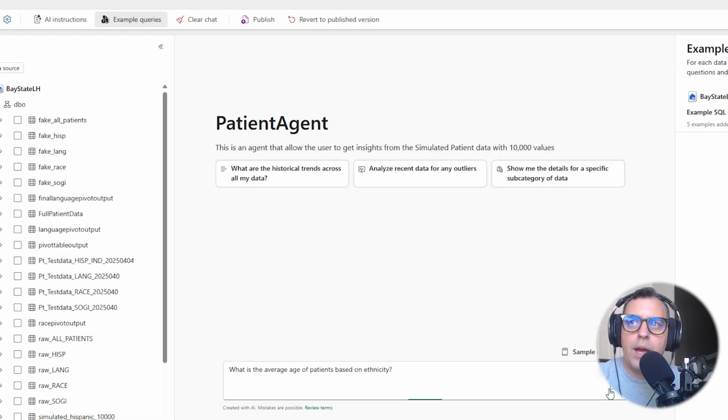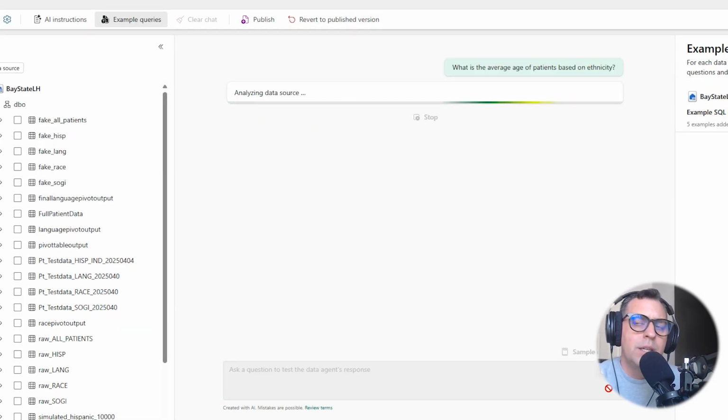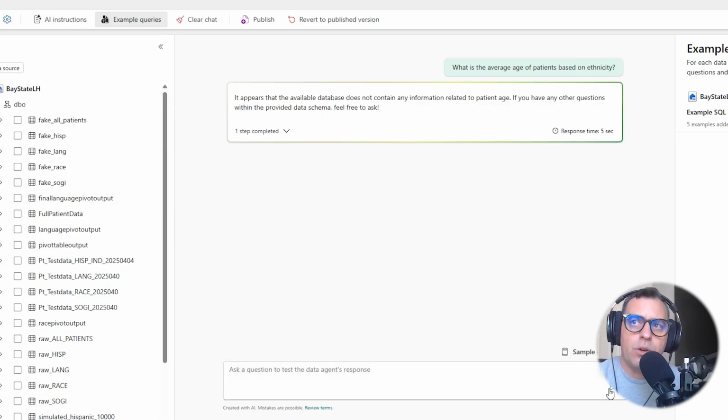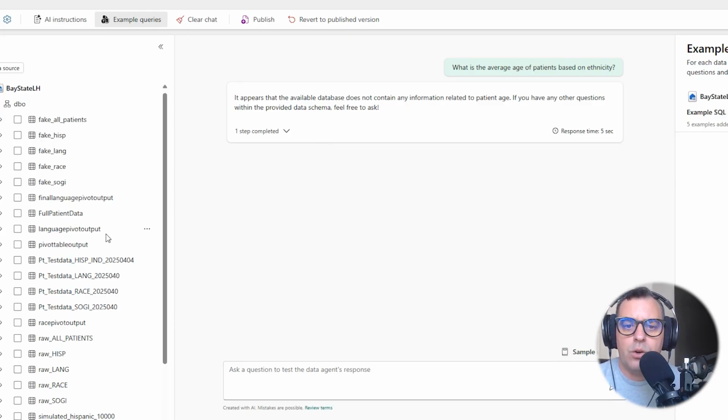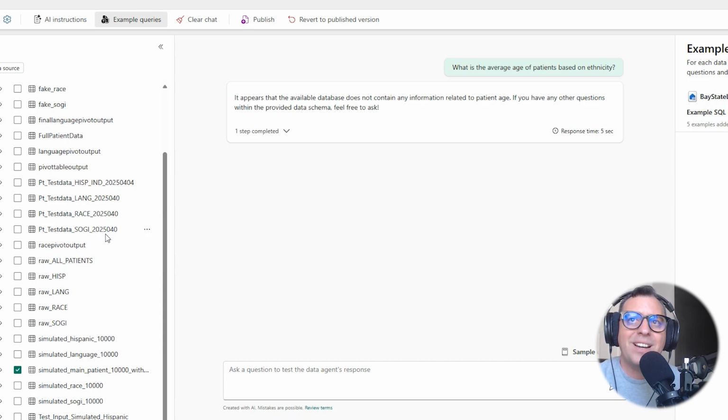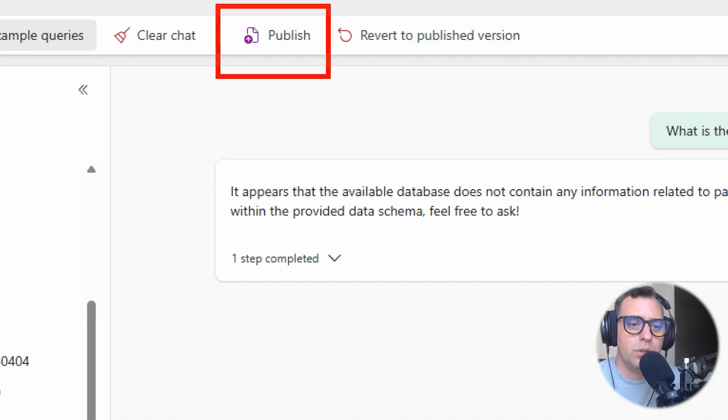So you can go ahead and start testing. And of course, this experience is more from a data engineer perspective, from the creator of the data agent itself. But in your case, if you're willing to work on this one, you're going to work with your Fabric data agent that allows you to understand your data.